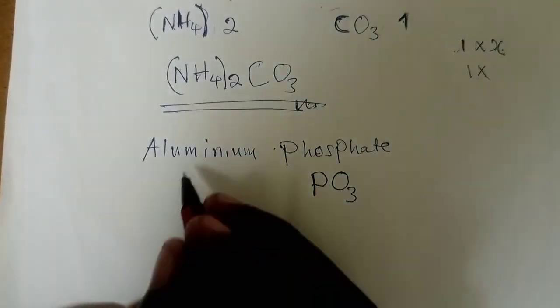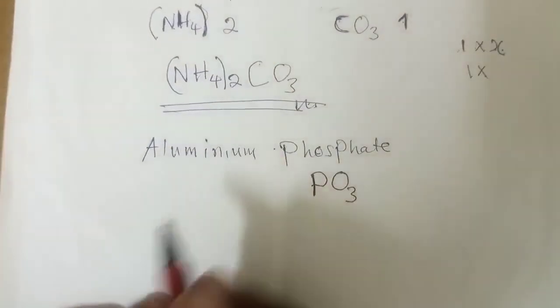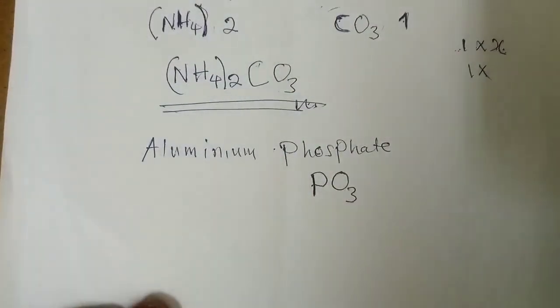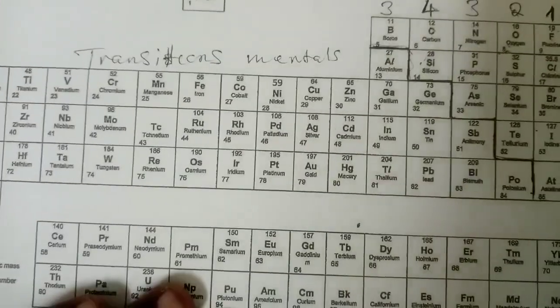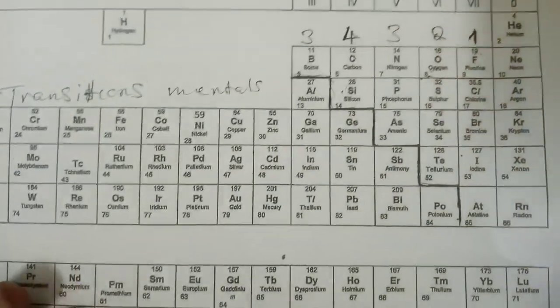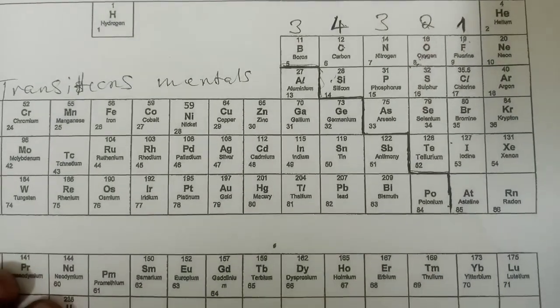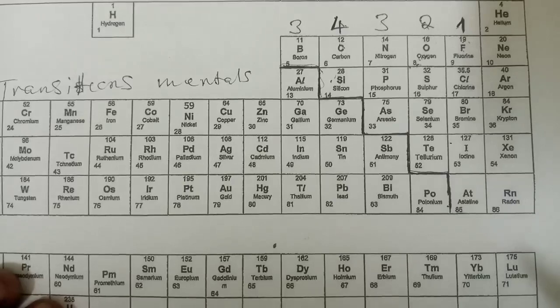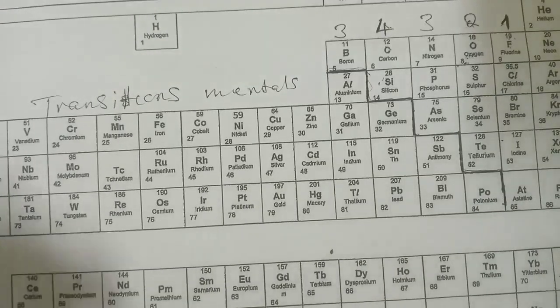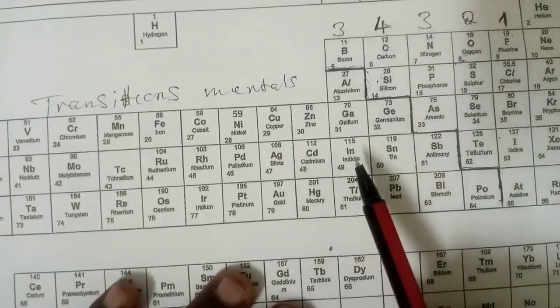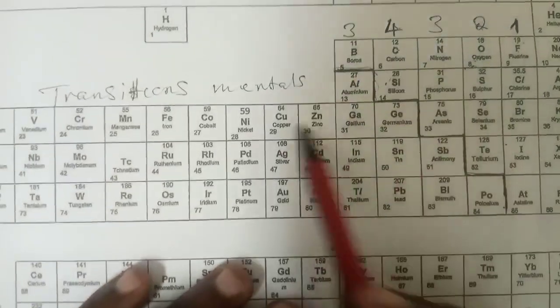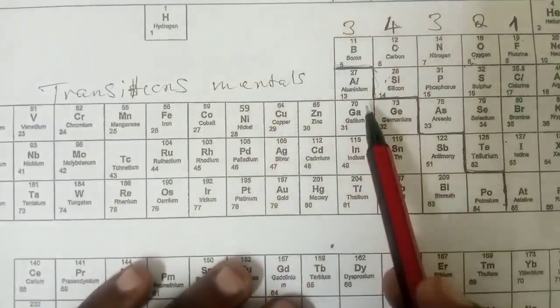Okay, so this is aluminium. Aluminium is found on the periodic table. Where can we find aluminium? If you check out here, from here, aluminium. If you check out aluminium like that, you find that it is in group